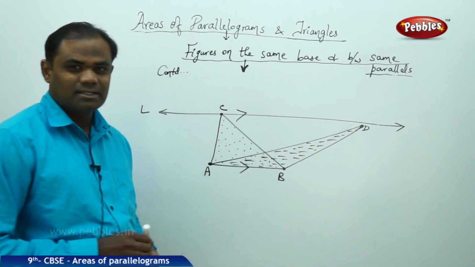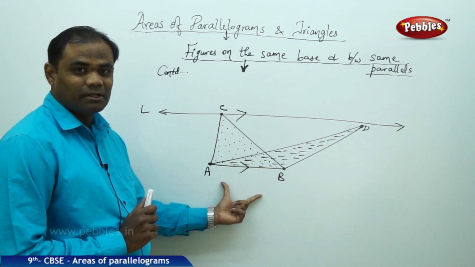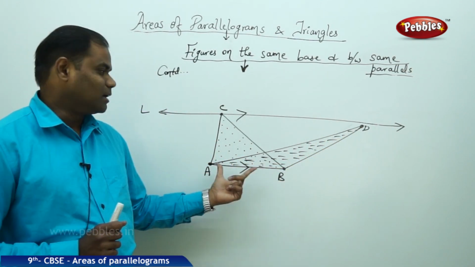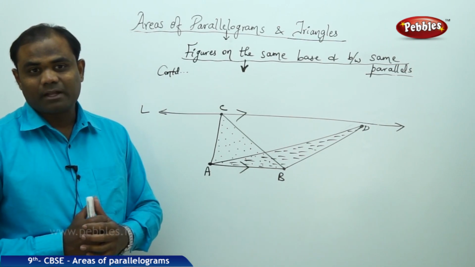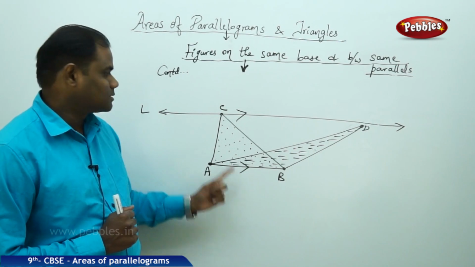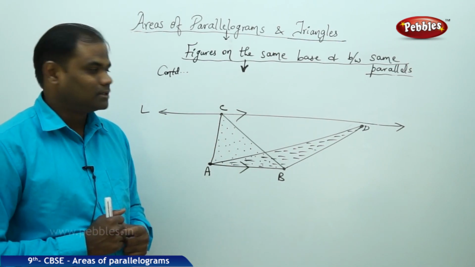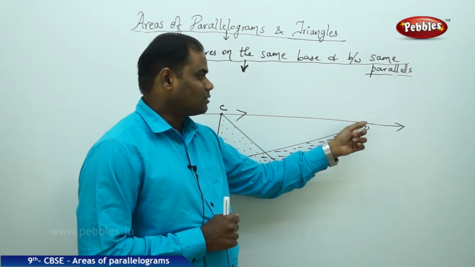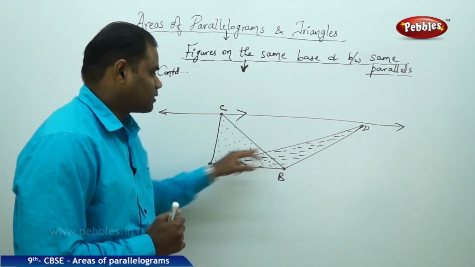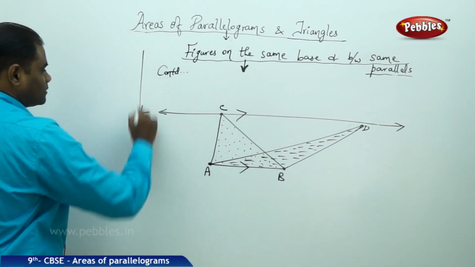So in this case, I see that the triangle ABC is on the same base AB and triangle ABD also is with the same base AB, but they are not between same parallels because ABC is a triangle between parallels with the third vertex C exactly on the parallel line, but this point D is not on the parallel line and hence it is slightly below. This region cannot be between same parallels. So I come to the conclusion that